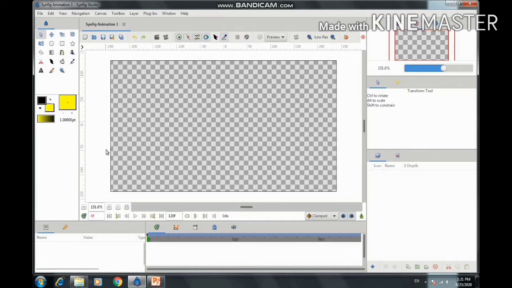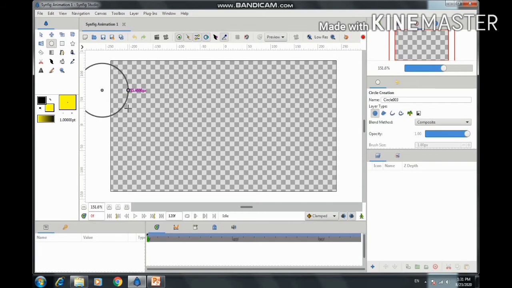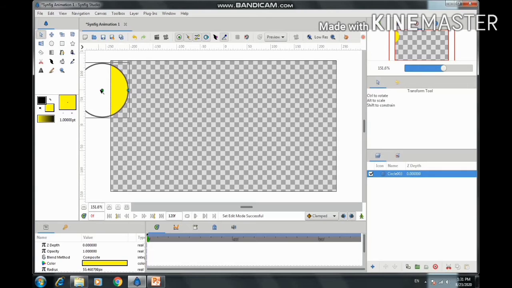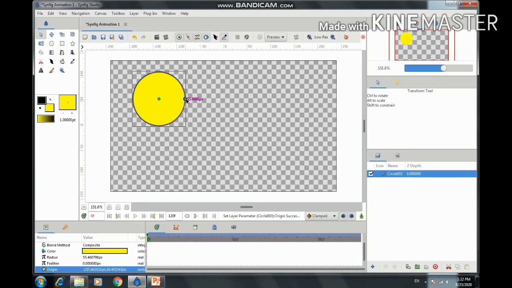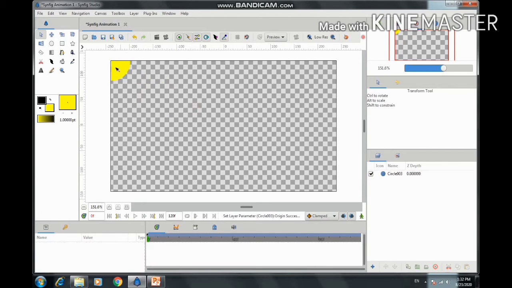As I said, this checkerboard pattern is our actual working area, or we can say it is our actual canvas where the object will be displayed. For example, suppose I am creating a circle here at the corner side. Now you can see the circle is appearing only in the part of the canvas, this working area. This part will not be displayed. So this is our main area. Whatever object we want to display in our animation, we have to set accordingly.